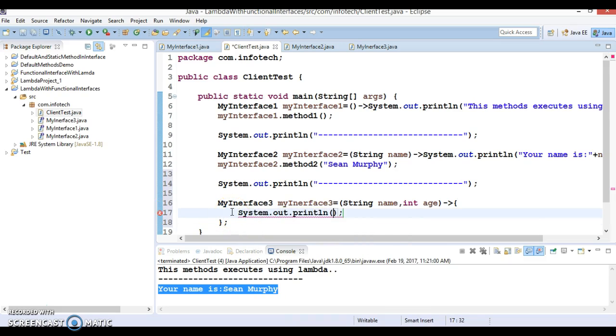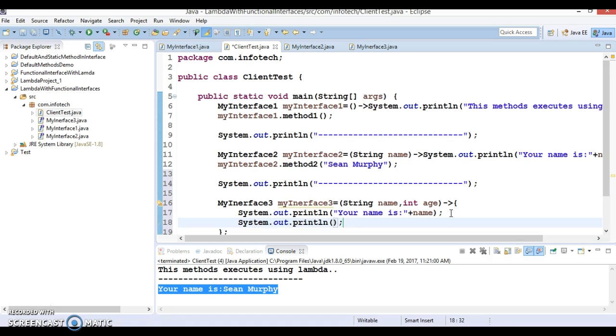You can print the person name: your name is, the person name.